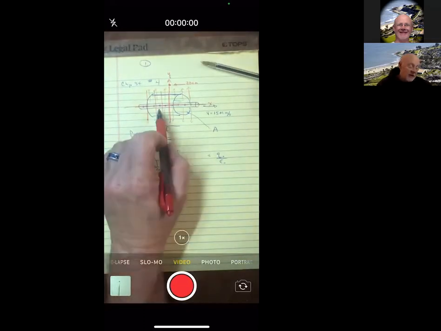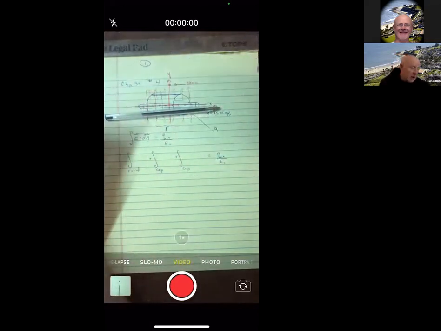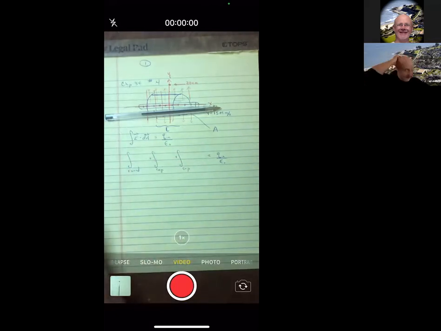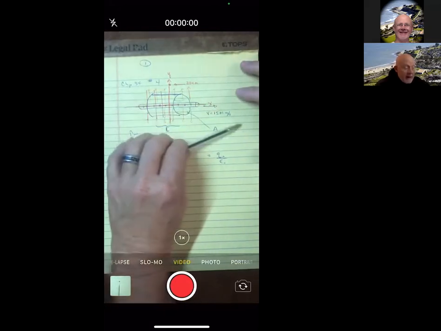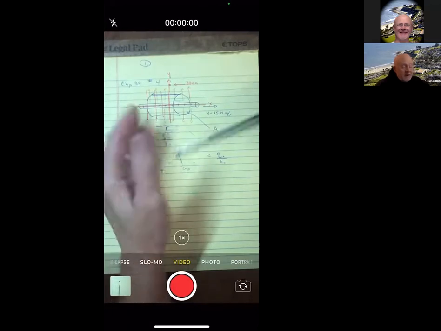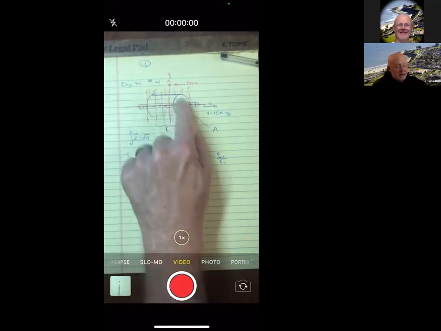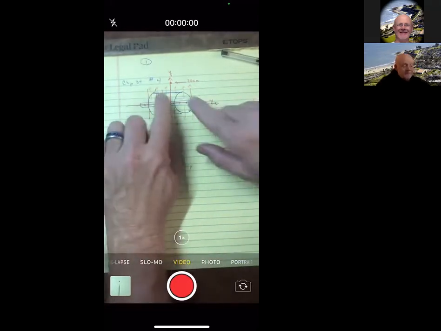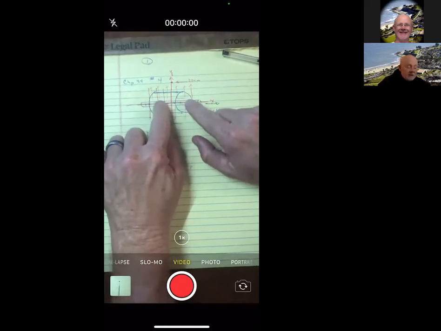Now, technically, it's only a line of symmetry if you rotate it around an infinitely long rod. Okay, but this is a very long rod. So I'm going to use that to say then that the electric field must be pointing along these lines of symmetry. And these lines of symmetry then are the ones that would say the electric field is pointing